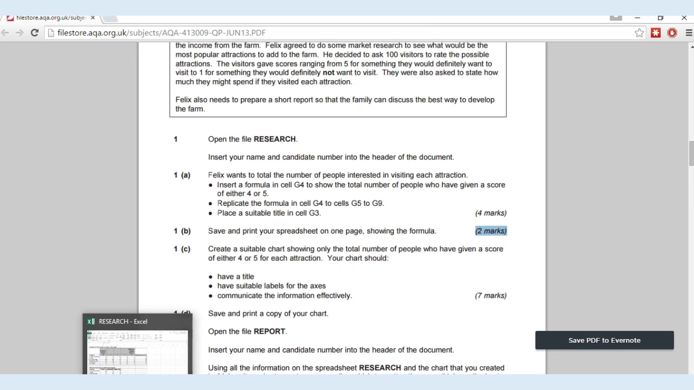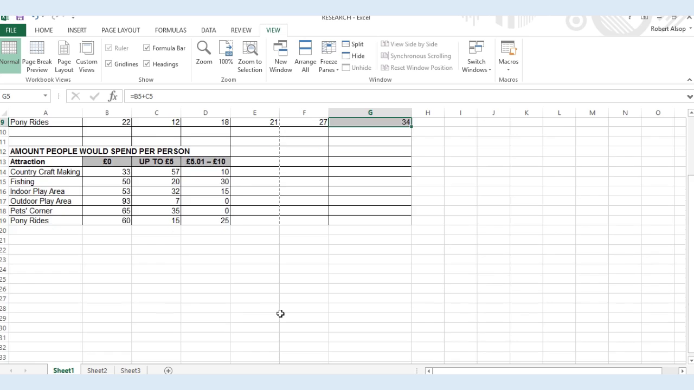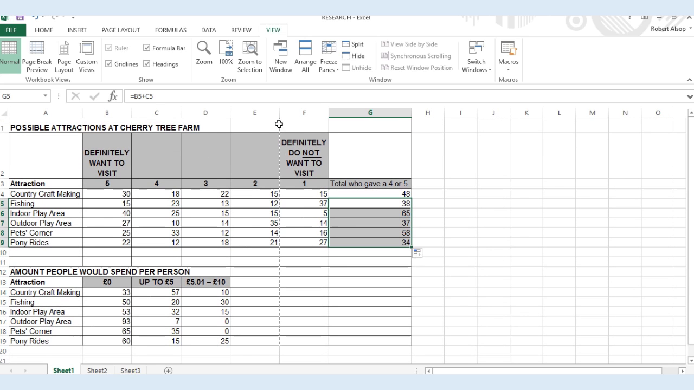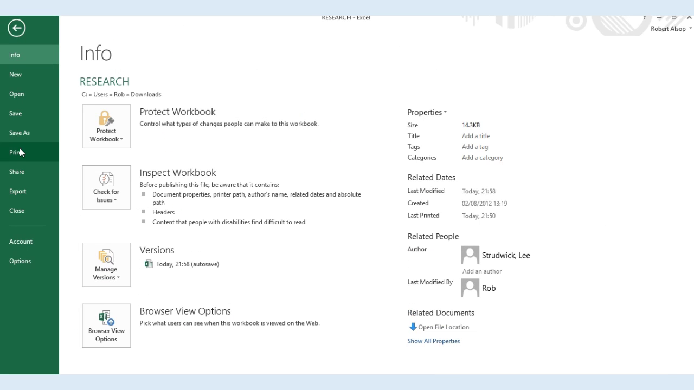Now, what we've got to do is set the page up. First thing, if you can see these dotted lines between the two cells there, columns E and F, that's your print area. What that tells us is that currently the print area is set up as portrait. So we're going to go to page layout and change the orientation to landscape. And if we now go to file and print,